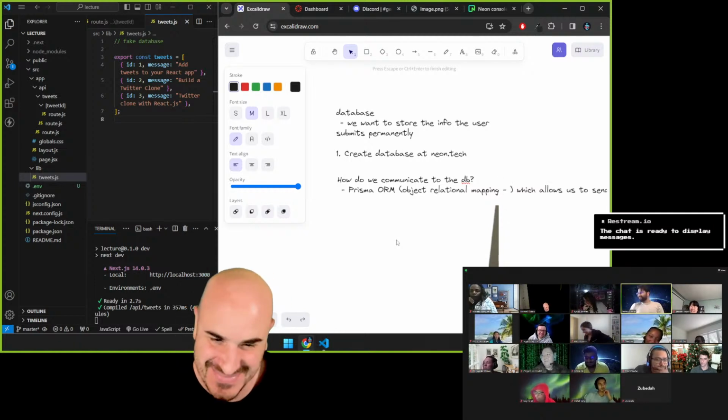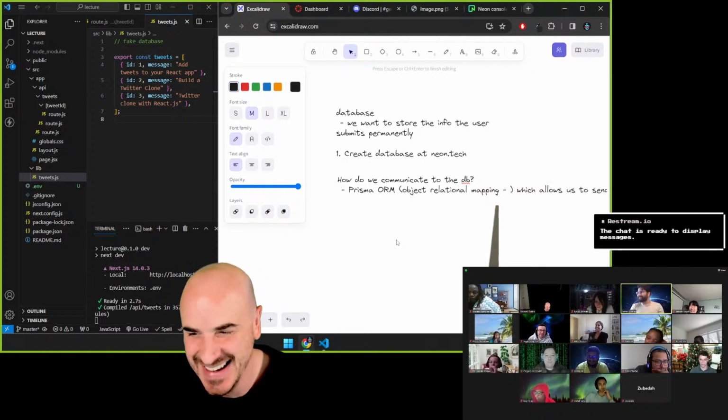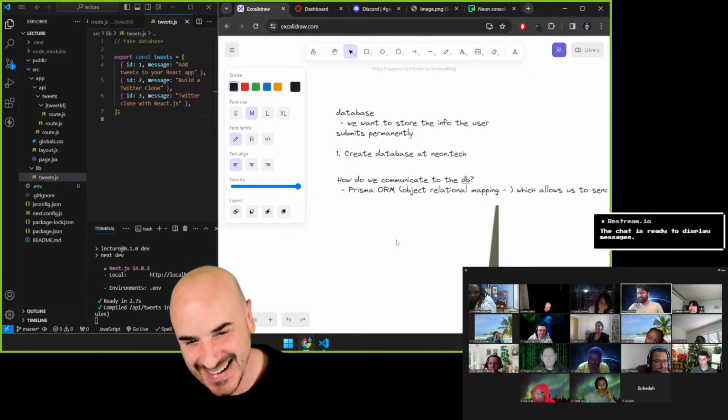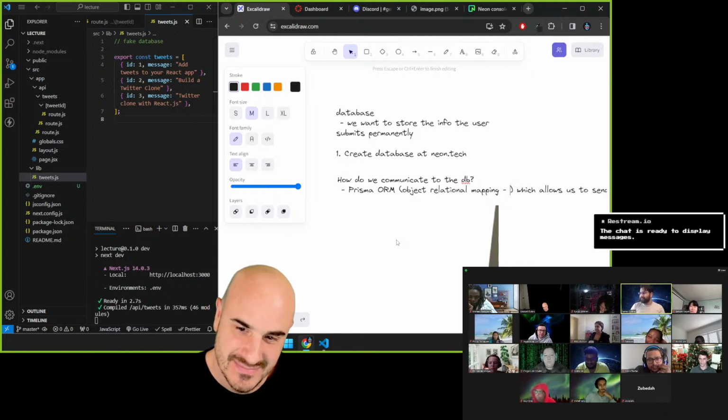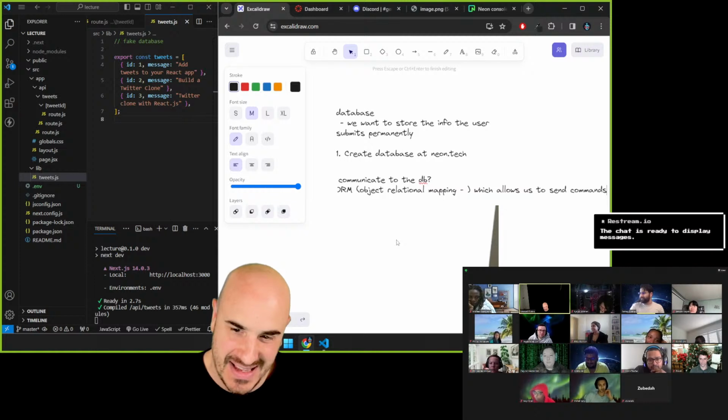I'm not sure, but my guess would be that we're creating something to kind of create some sort of relation between the database and the front end and trying to map out that data. Yeah, that's actually really good. So